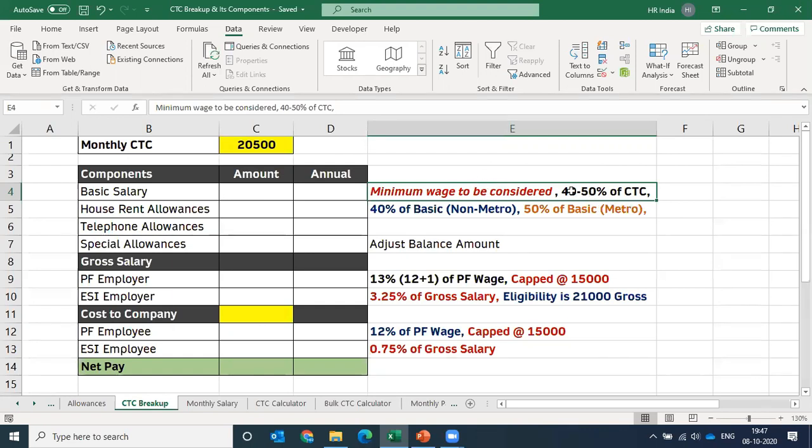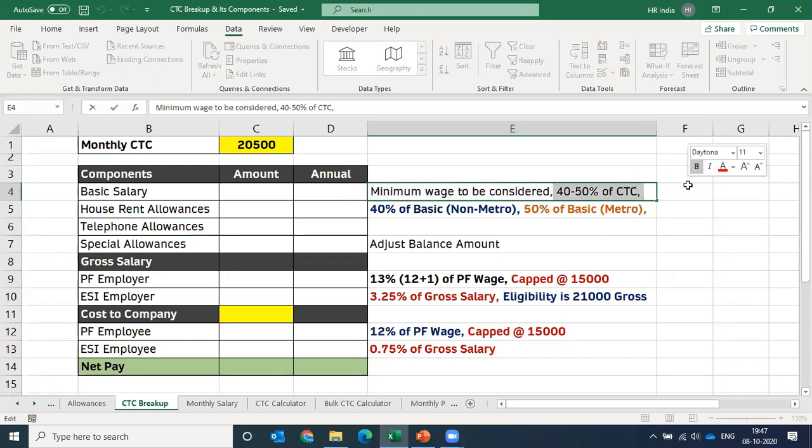And the second thing, if you are complying with the minimum wage of the state, you can go for 40 to 50% of the CTC as well. Now, why 40 to 50%? So there is no law that is saying that you should take basic salary as 40 to 50%. This is something which is universally accepted, and usually almost every industry is following this 40 to 50% criteria for the fixation of basic salary. Right, you can go below 40% also, and you can go more than 50% also, but always remember that this